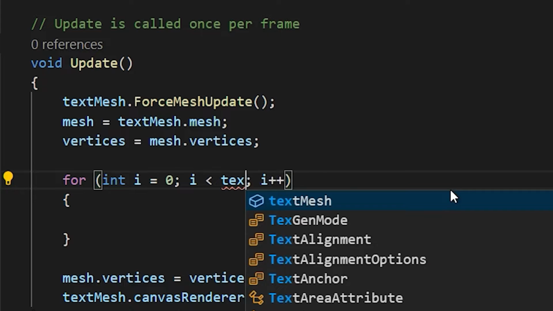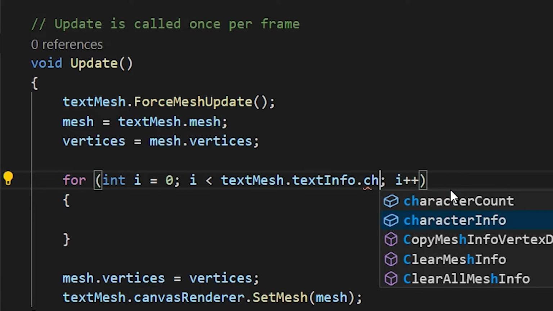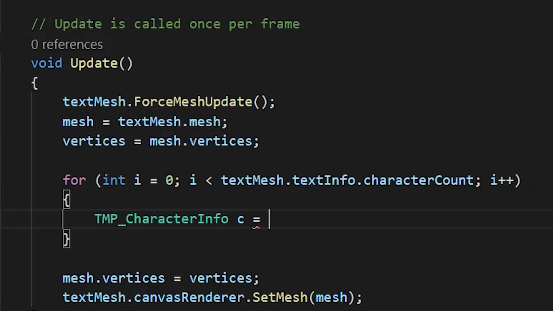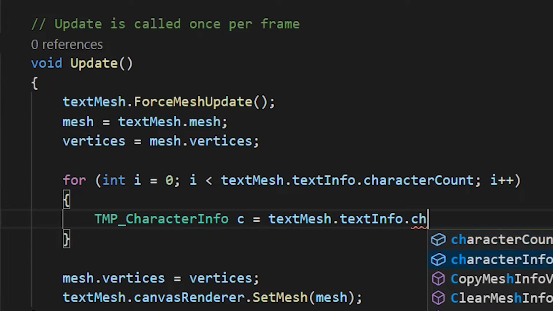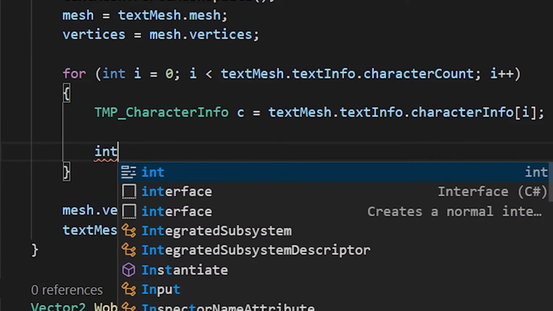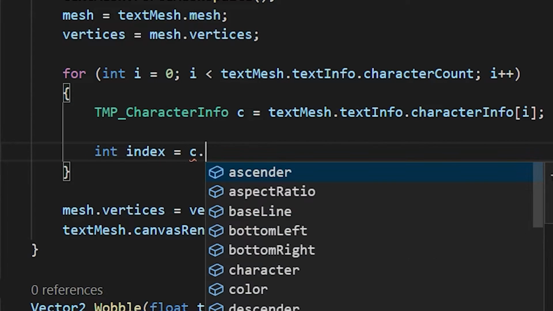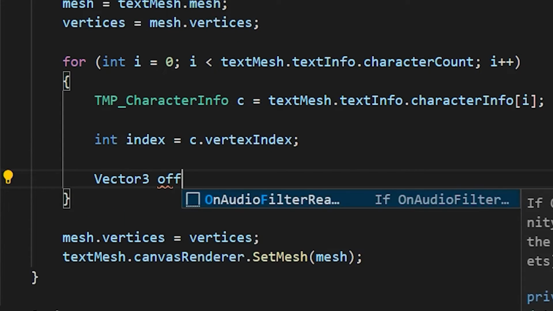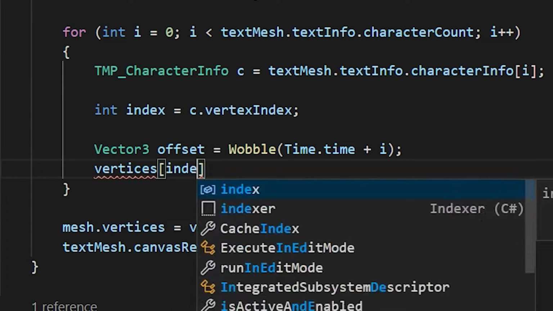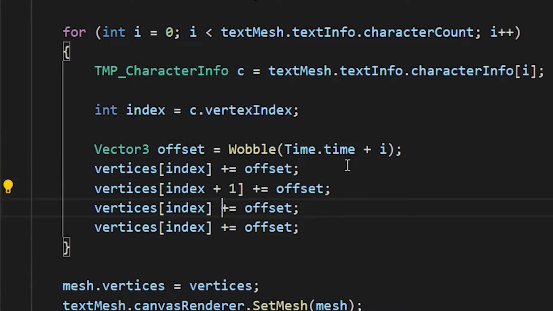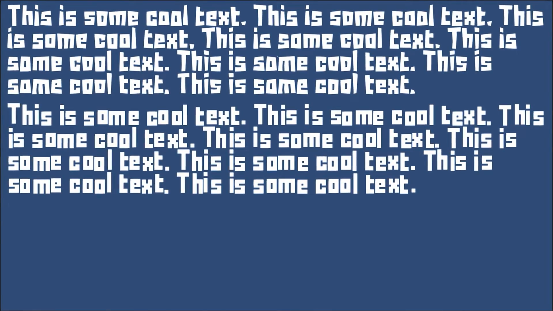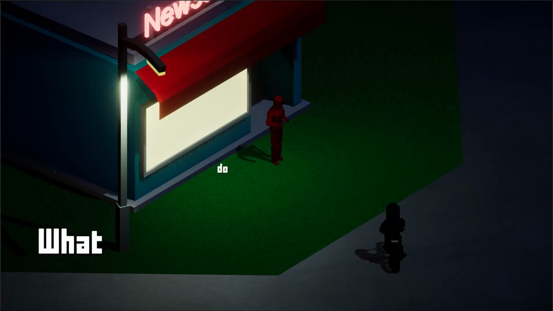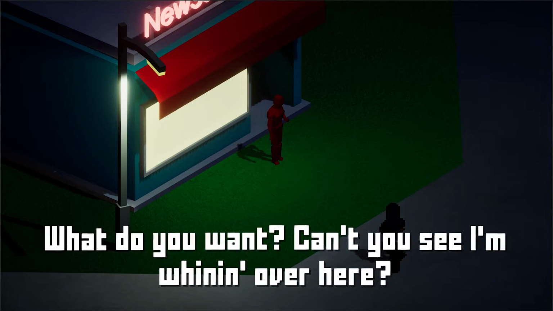Okay, let's try doing this on a per character basis. Instead of iterating through the vertices, we're iterating through the characters, using our text component's handy field, text info. The text info field has a ton of useful information about the text, including an array of information for each individual character. So we iterate through that, take each character and find its vertex index. That's where the first vertex of the character square will be in the vertex array. Now, it's a simple case of calculating the wobble, then adding to each of the vertices in the square by offsetting the vertex index 4 times. Look at that wobble. Reminder that you don't have to wobble here, you can essentially do anything to these vertices, like this little zoom effect I've got, and you can even rotate and scale them using matrices.